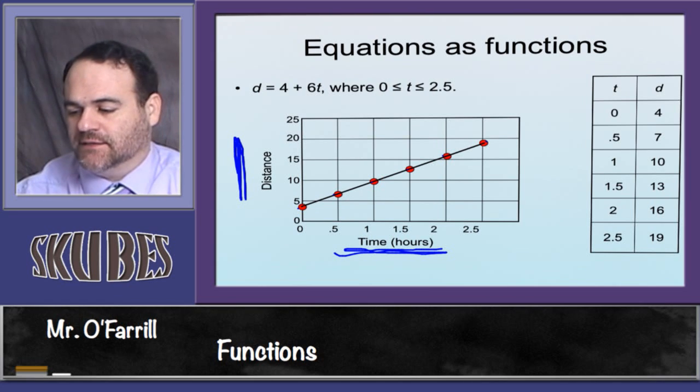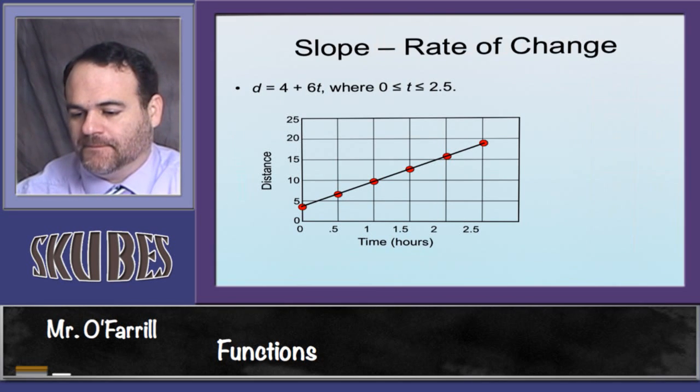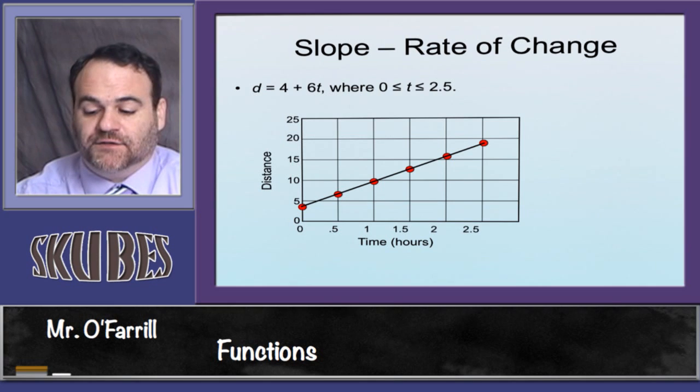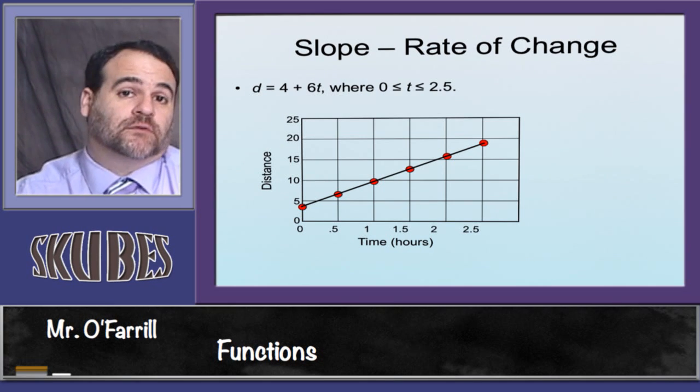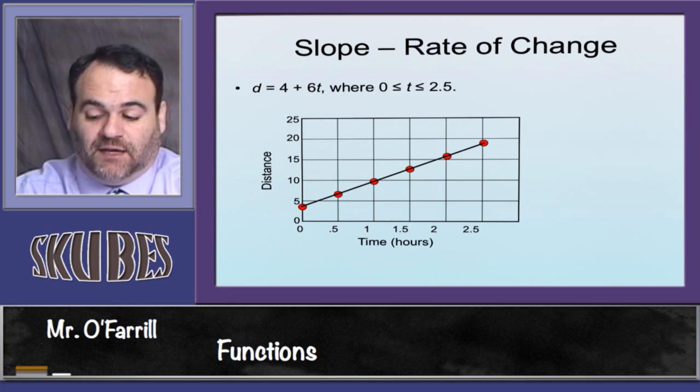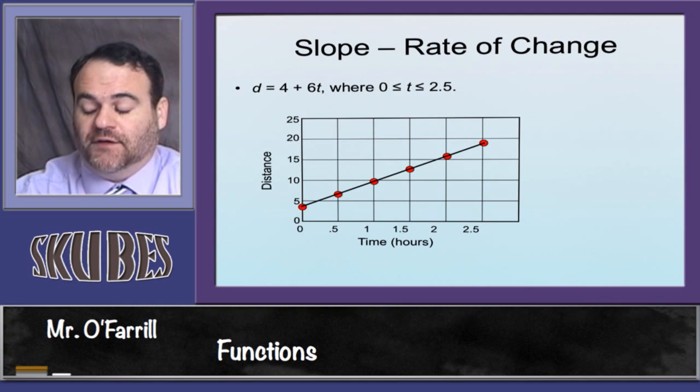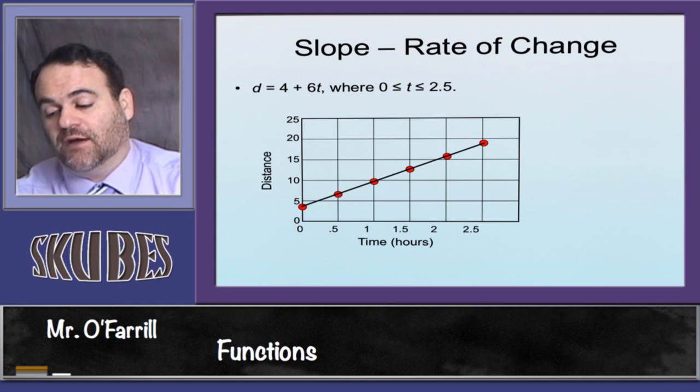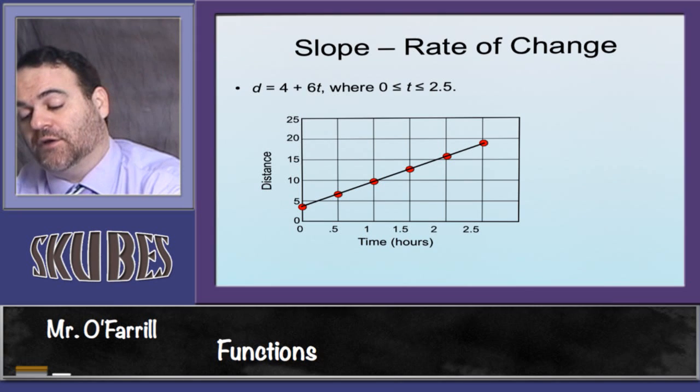If it does it more than one place, it's not. And that introduces the idea of slope for a function that makes a line. It would be the rate of change is the name for that. It's always expressed as a fraction where you're talking about the rise